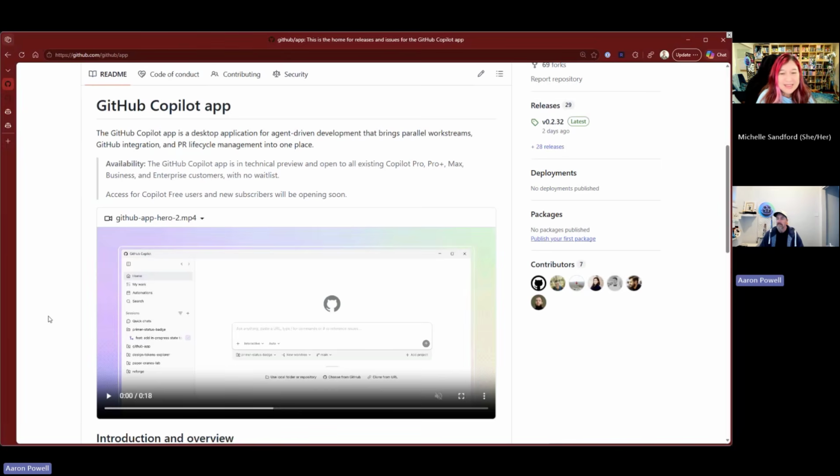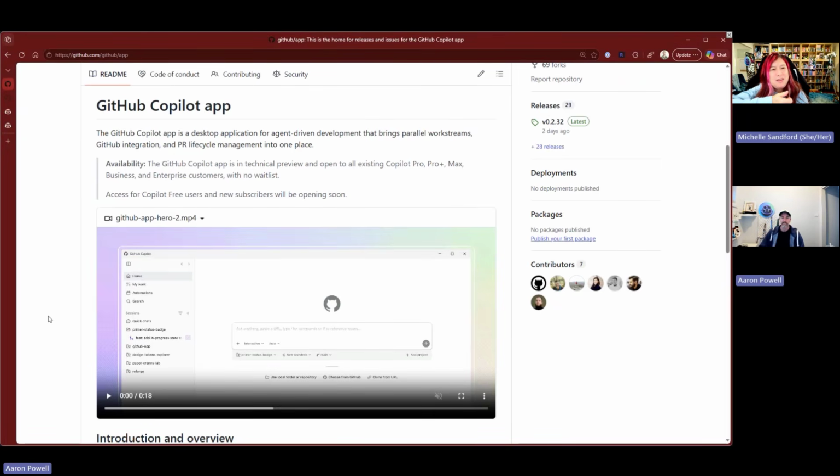Yeah. Well, so we're probably coming up towards time. So probably the burning question, everyone, is like, how do you get it? Well, github.com/github/app. That's where you'll find the latest release of it, so you can download and install. It's part of the Copilot license. So as long as you've got a GitHub Copilot license, there's no additional licensing or cost to using this app, because, like I said, it's just another experience for working with GitHub Copilot.